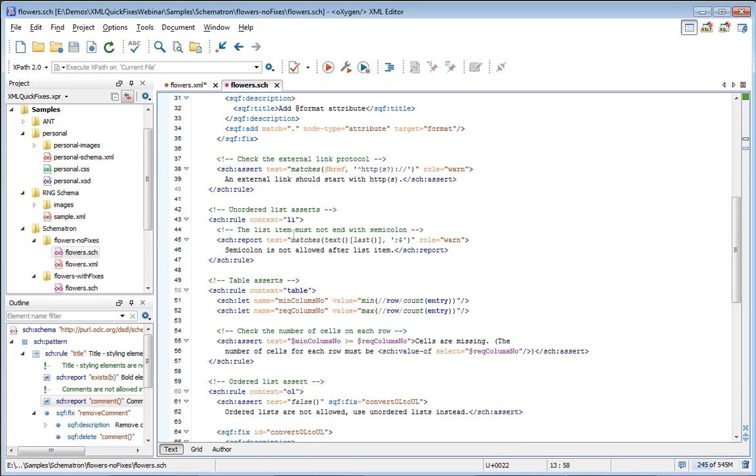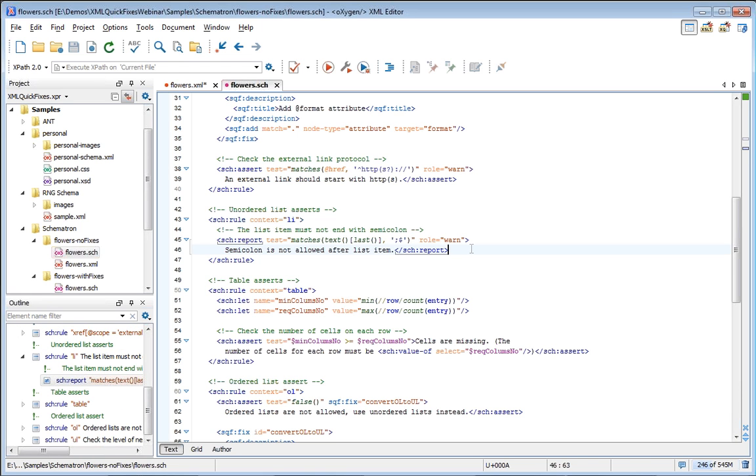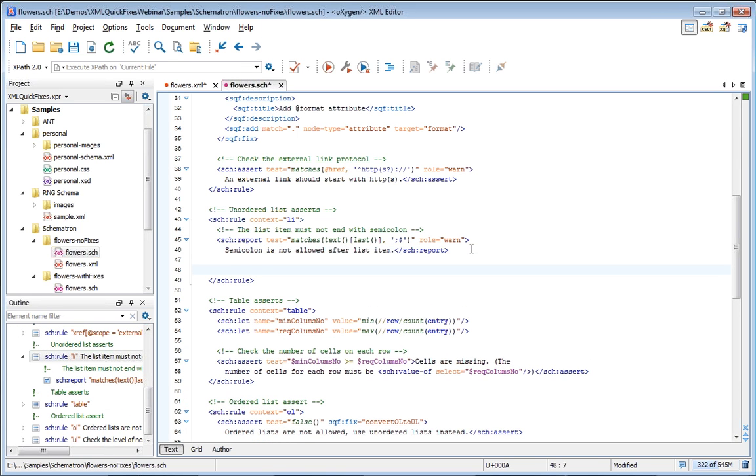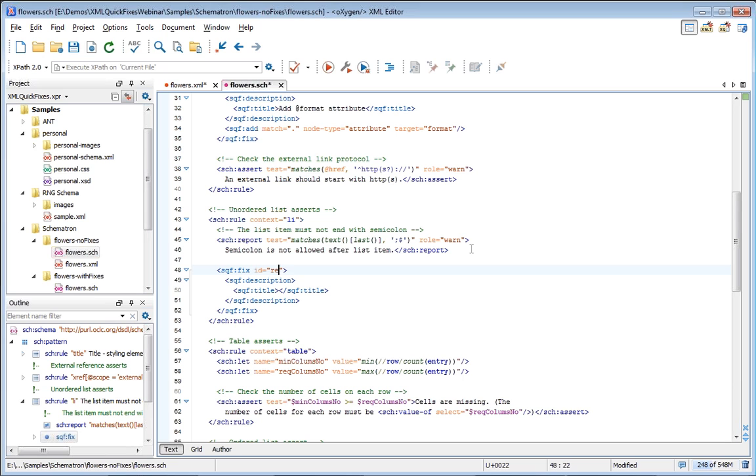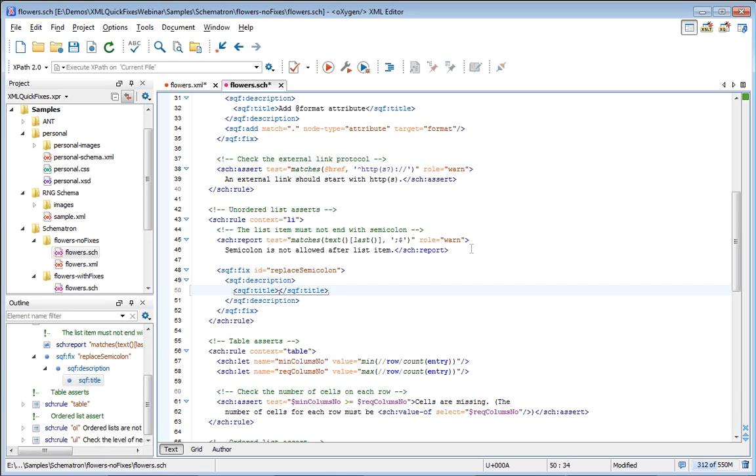We have here a rule which matches the list item, and a report which checks that semicolon is not added at the end of the list item. So I'll add here a fix to solve this problem. SQF fix, let's say replace semicolon. I will replace it with a full stop. So I'll create a fix which will replace it with a full stop. So say replace